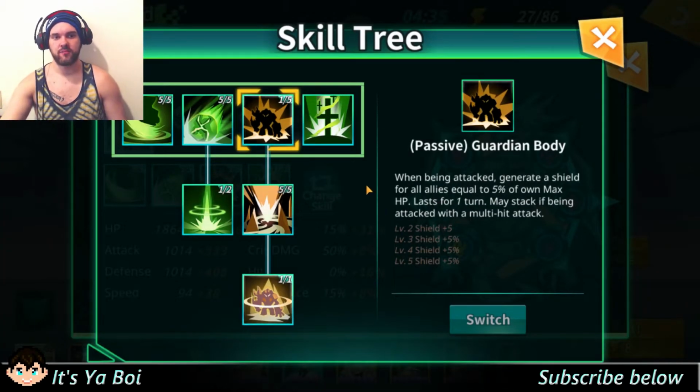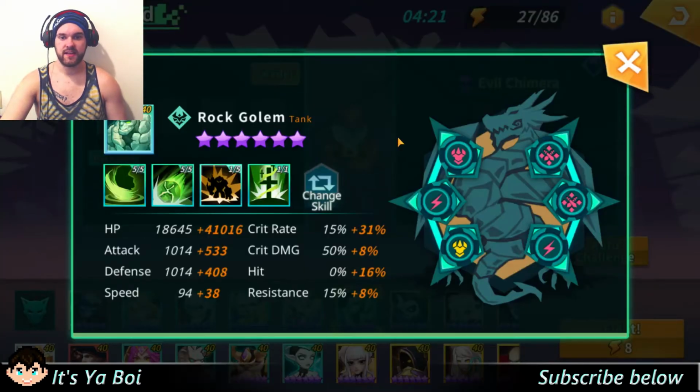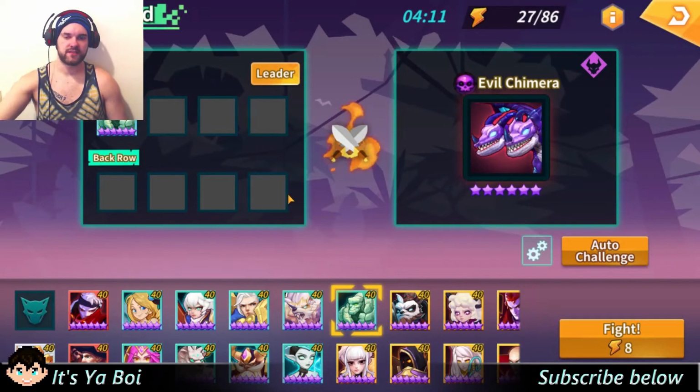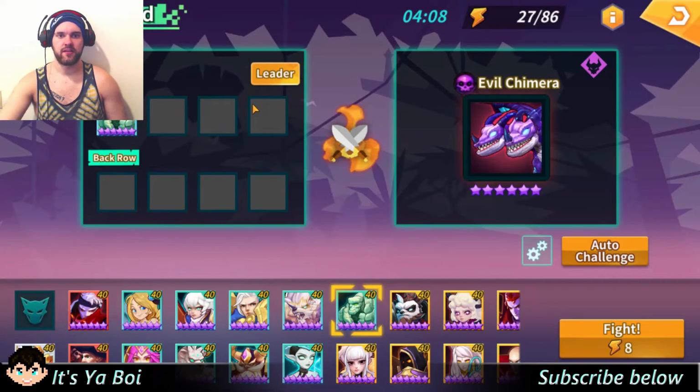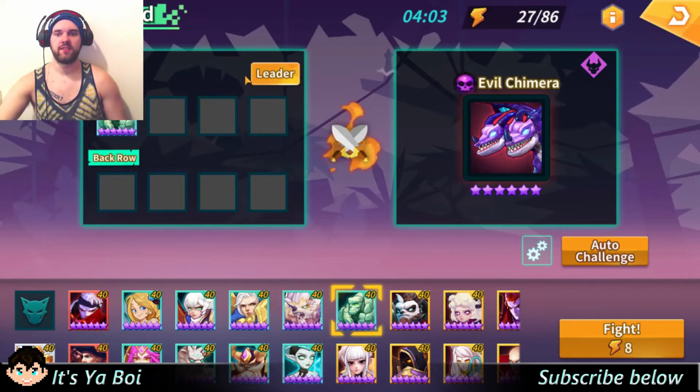His passive, Guardian Body. When being attacked, generate a shield for all allies equal to 5% of my own max HP, lasts for 1 turn, may stack if being hit with a multi-hit attack. And you can see, it stacks up to 25%. So 25% of his HP, and I have about 60k HP on him? Yeah, just about 60k HP on him. So that means that if I get that all the way skilled up, even though he's only on 5% right now, everyone on my team is going to be getting a shield of 15,000 HP every time